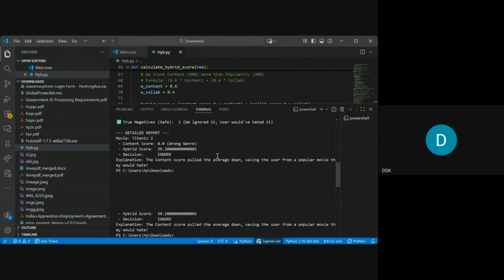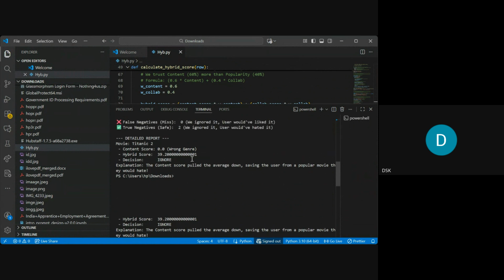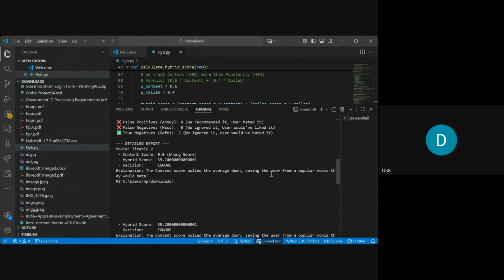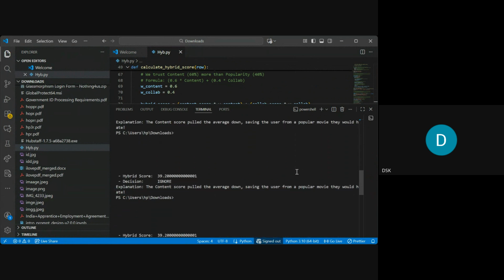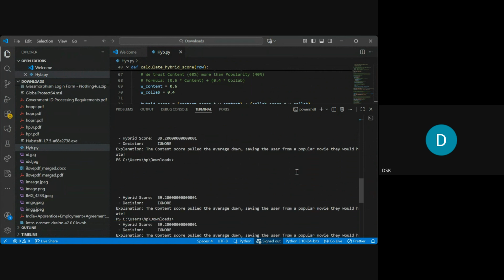That is, content score is equal to 0. That is the wrong genre. So the hybrid score is there, and the decision would be ignored because the content score pulled the average down. So saving the user from a popular movie that they would have hated. That is there. And for hybrid 2, as you can see, the hybrid score is